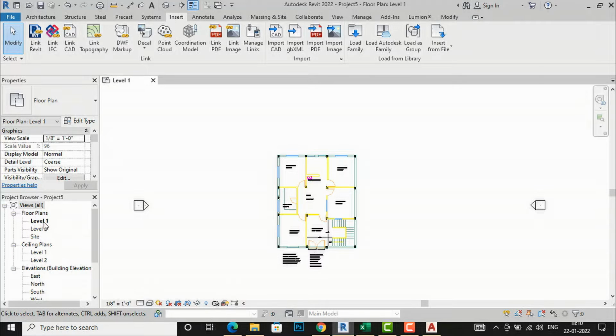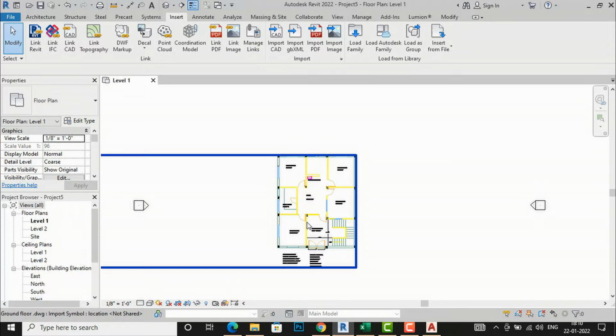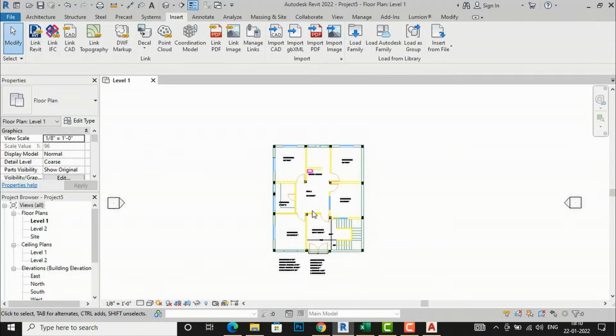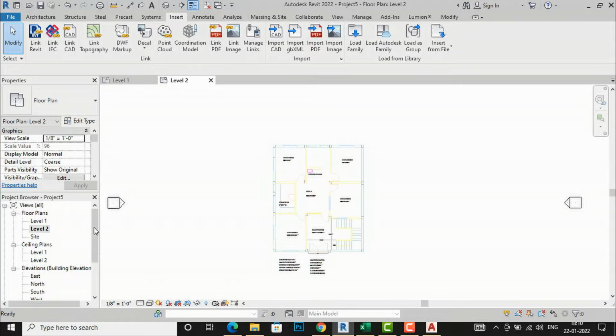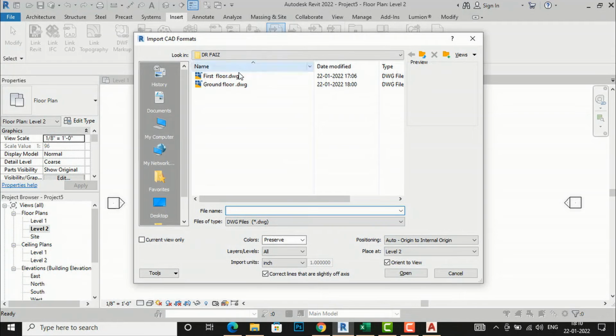So there are only 2 floors, so you can leave this level 1 and level 2. If you want more floors, you can create levels here. So I will show you how to do it in the first floor. So I will go to level 2 here, and now you can go to import CAD, and you will select